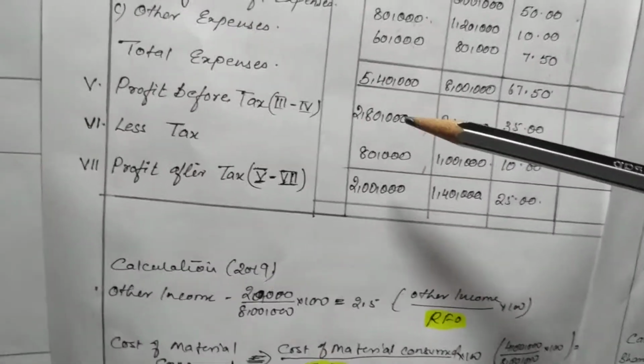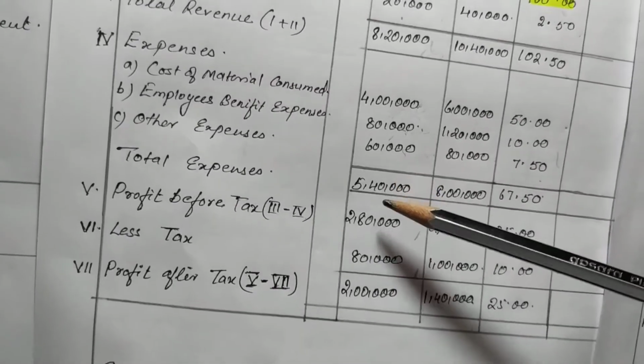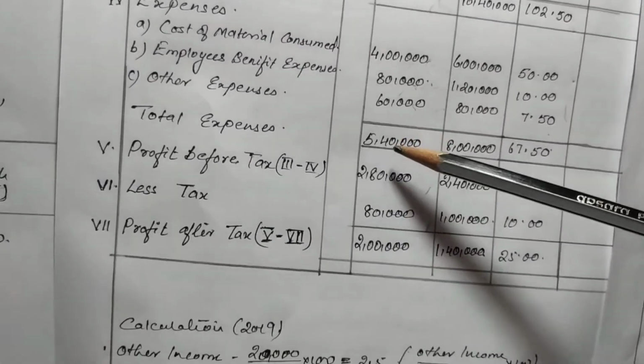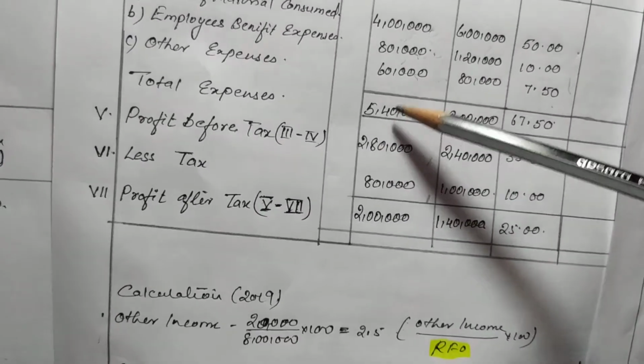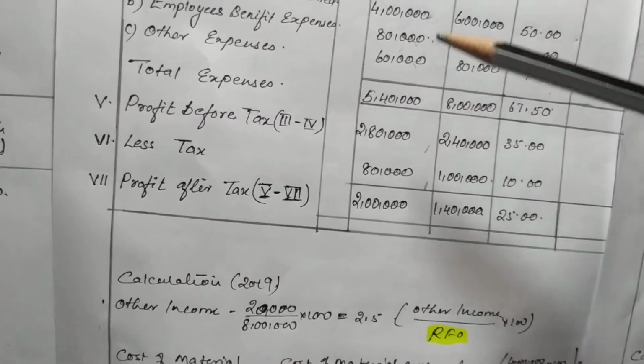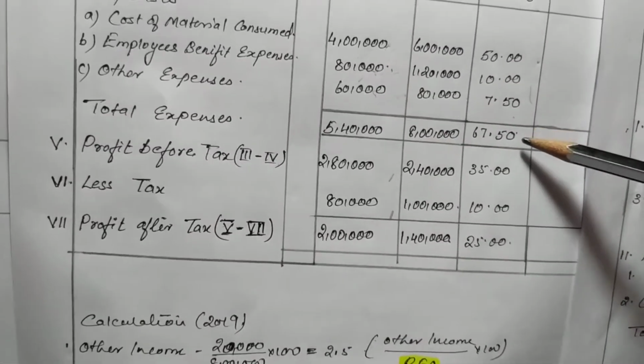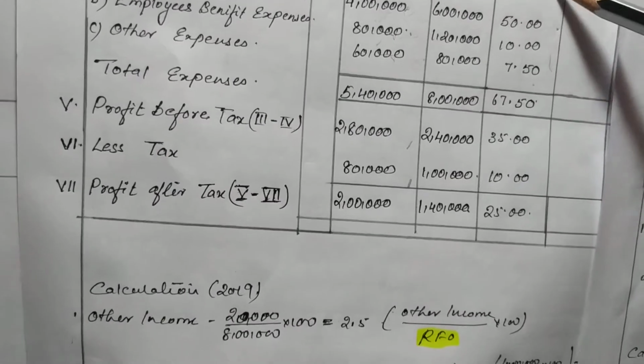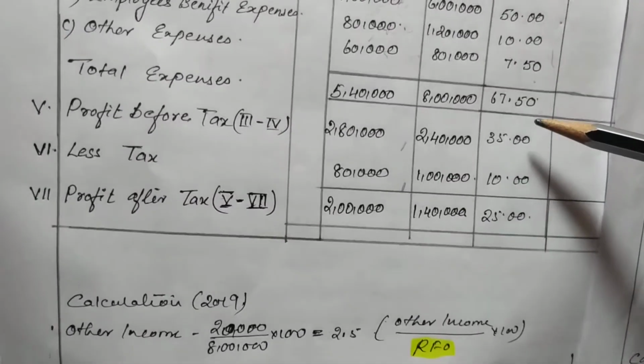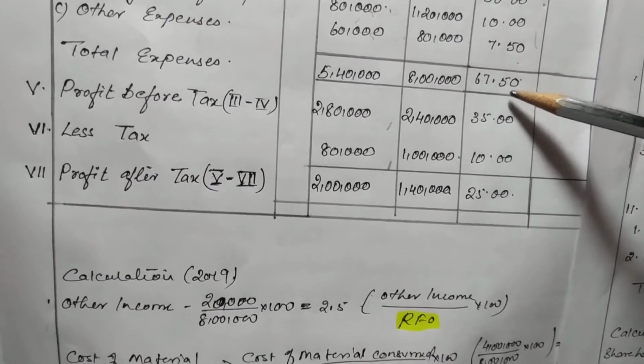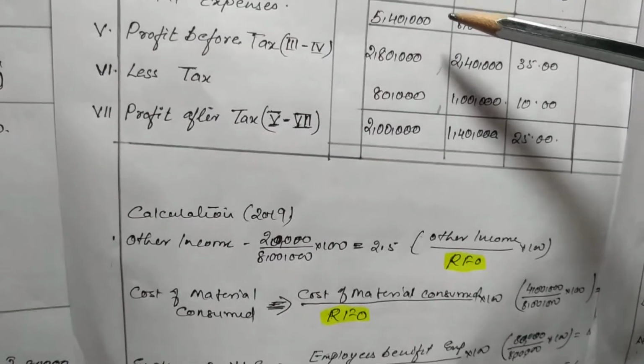Okay, then you have to calculate the percentage for the total expenses also. 5,40,000 divided by 8 lakh into 100, that is 67.50. And if you do the total of this also, you should get the same answer. Okay, then same way here,